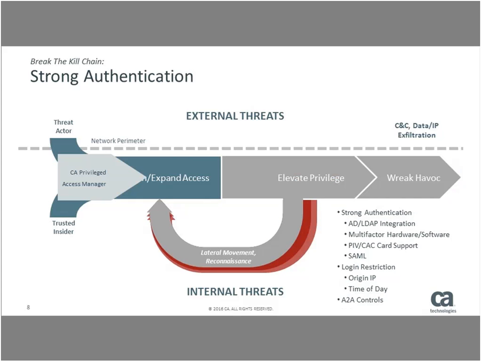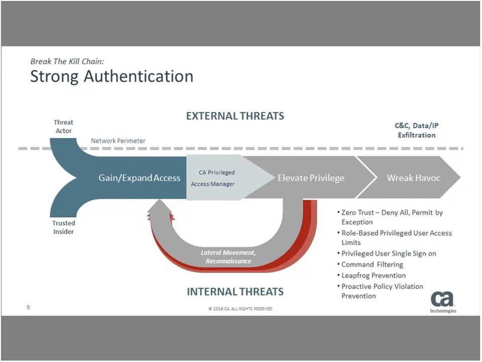So the countermeasures that CA Privileged Access Manager implements include the enforcement of strong authentication of your own choosing. CA Advanced Authentication is one, but any form of authentication that you want to apply, we will support, as well as other login controls and application type of controls through the credential vault.